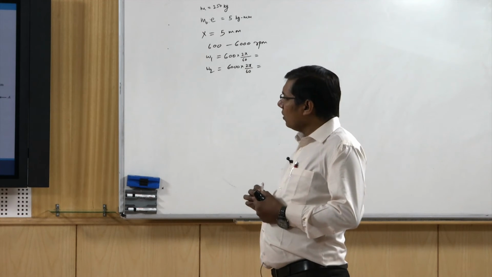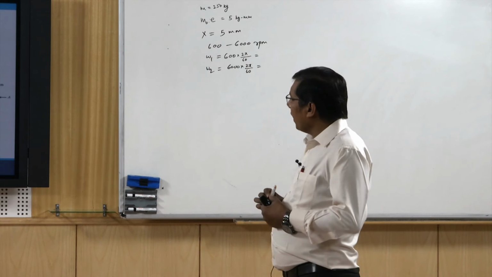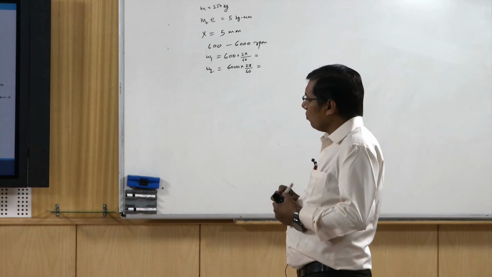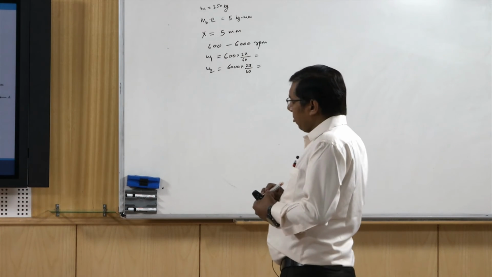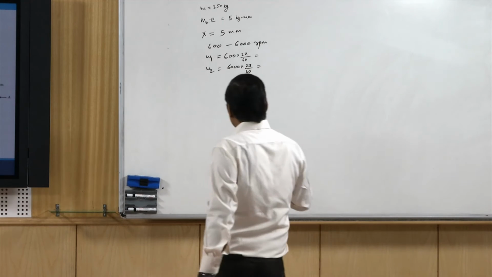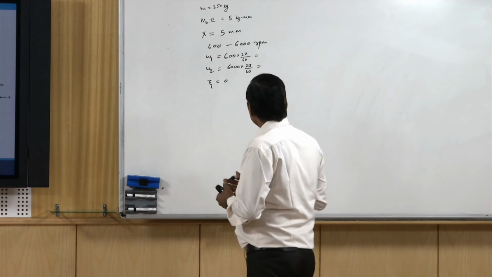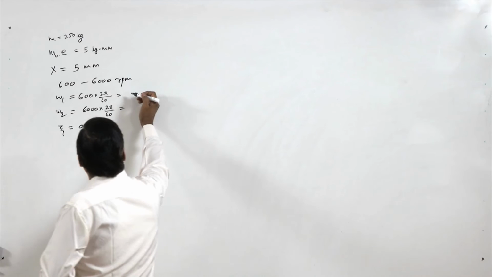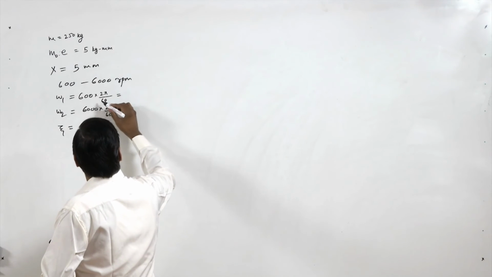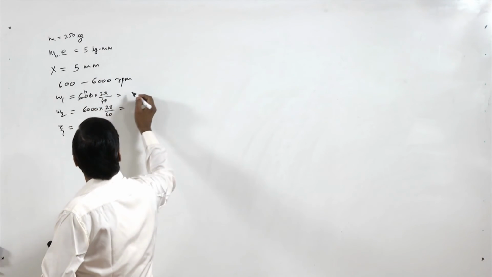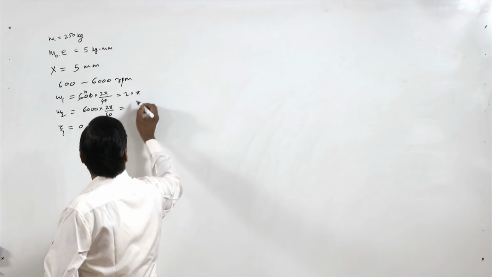So it means the maximum x is 5 mm or less. Okay, so maximum x is 5 mm, so it could be less also. So assume damping to be negligible. So here we have to assume zeta equal to 0. Okay, and so let's say this is 20 pi and this is